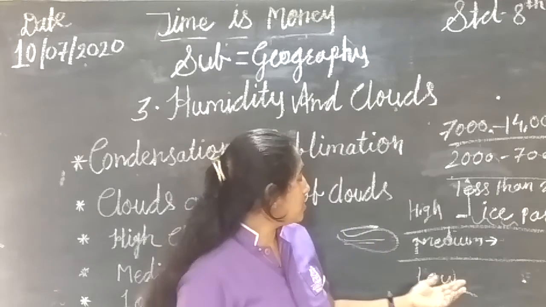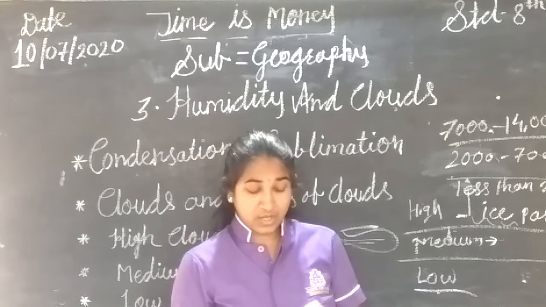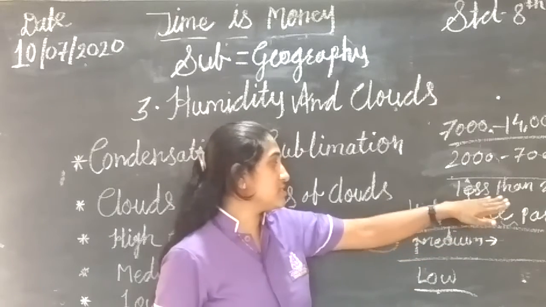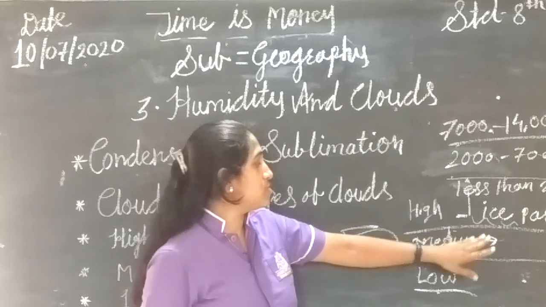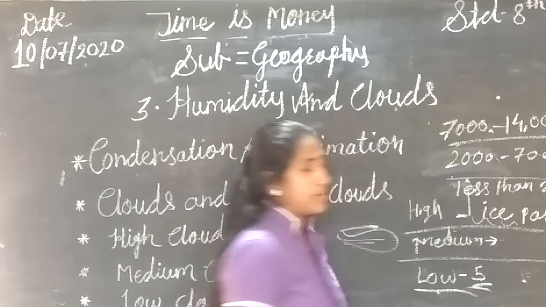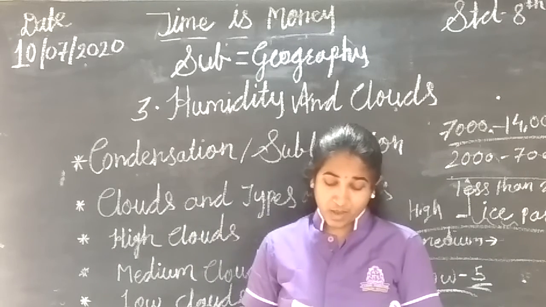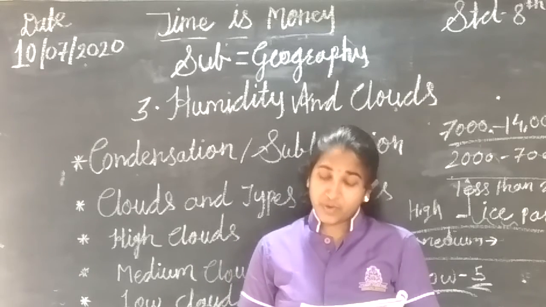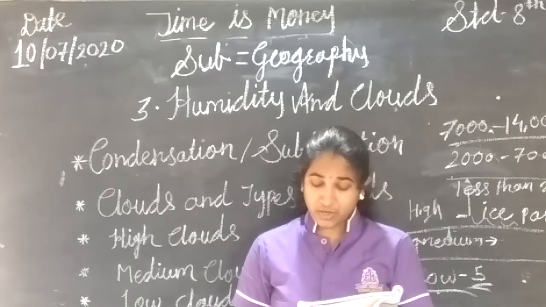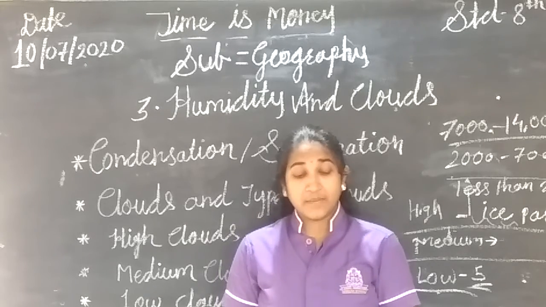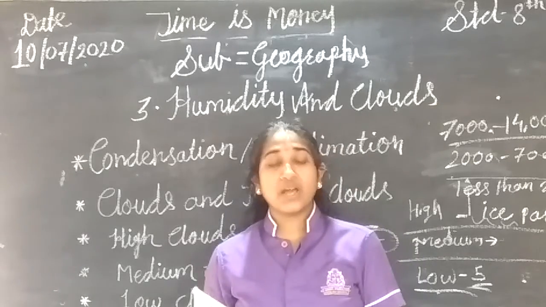Low clouds. Now the third is about the low clouds. They consist of five types of clouds. In the earlier ones there were three, then two, and now the low clouds consist of five types. These are the stratocumulus clouds. Their color is white to earthy. Round clusters of clouds can be seen here.